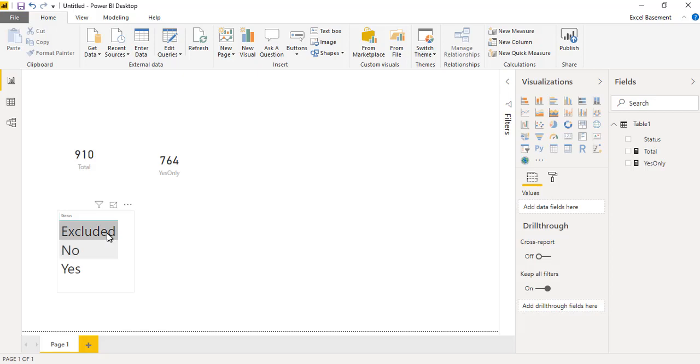So I need to sum up the yes and excluded in a DAX. What I can do is write a new measure again, or I can change the previous measure if I want.